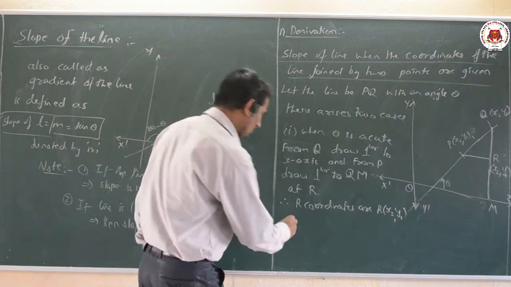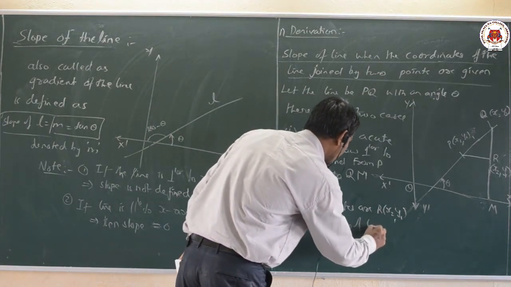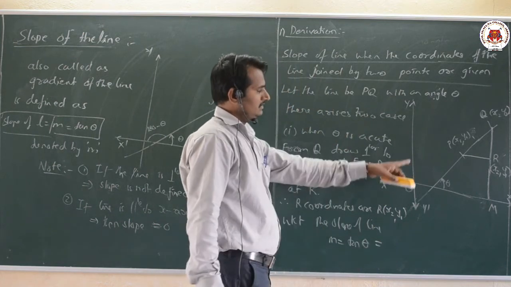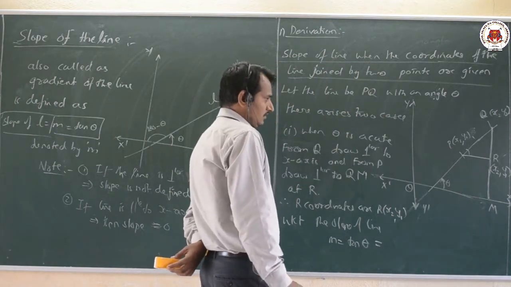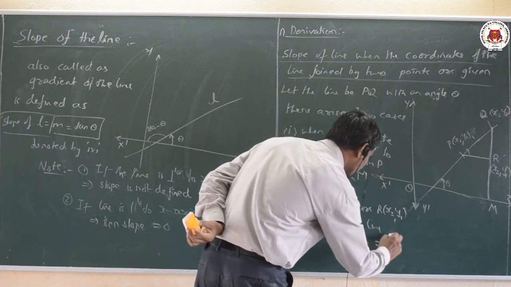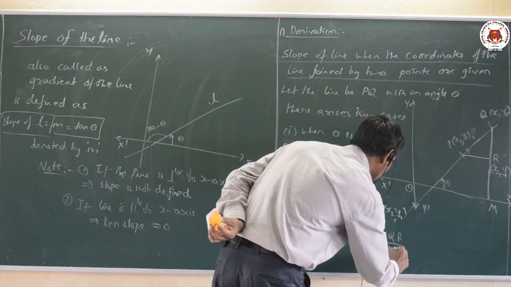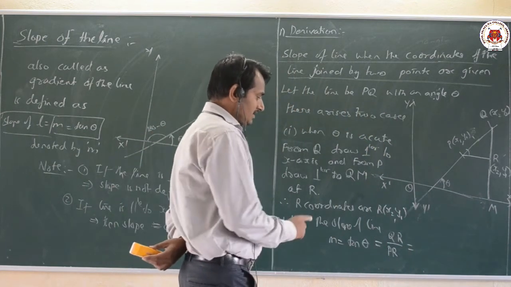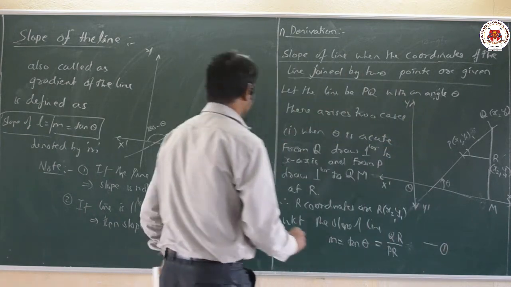Then the next part, we know that the slope of a line is m equal to tan theta. Here, according to this, the angle is theta. Now what is the tan theta value? That is QR divided by PR, the QR by PR value. Now by using straight lines I will find these particular values, QR and PR. Let us take it as equation number 1.